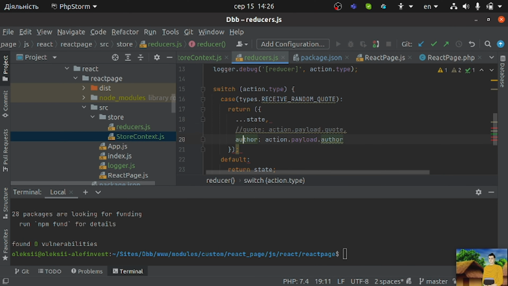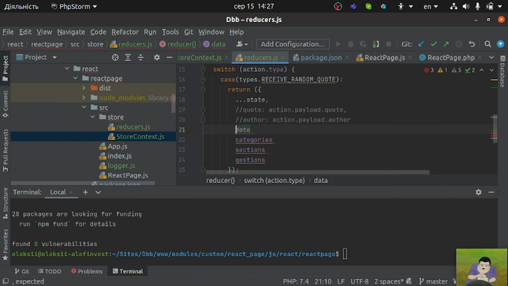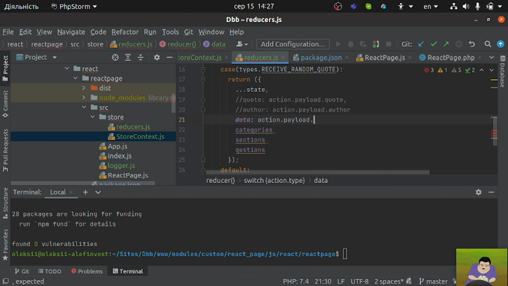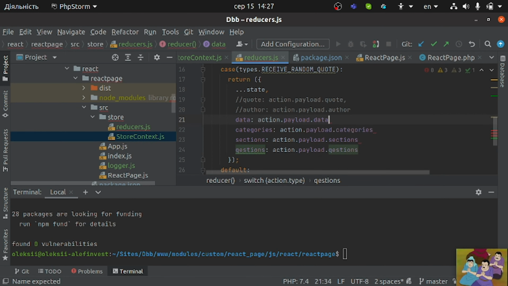So we just first comment it, and let's have that action payload. No, just like that. Okay, we put it here, put it here, put it here, put it here, and we get this to put it here. And of course